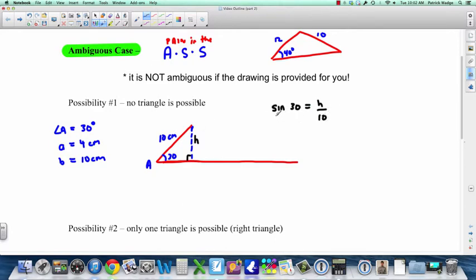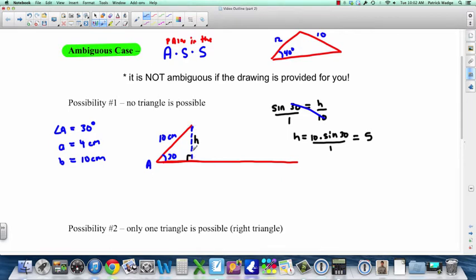And remember the way we solve them, or I like to solve them, is you put this one over 1 and cross multiply. So what you're going to get is h is equal to, and you're going to multiply these two together, it's equal to 10 times sine 30, and then divide it by the one that's left over, which is 1, which makes no difference. And if you do that, you're going to get the answer 5. So the minimum amount you need in order to make a triangle is you need to have 5 to get